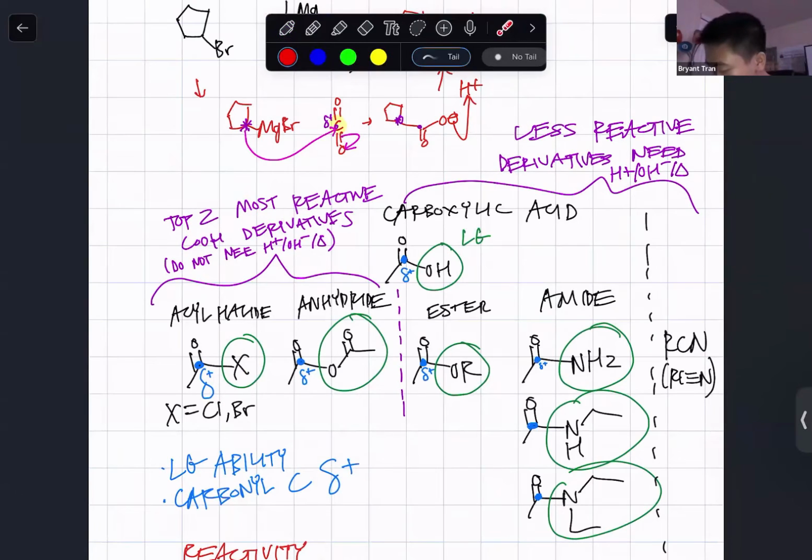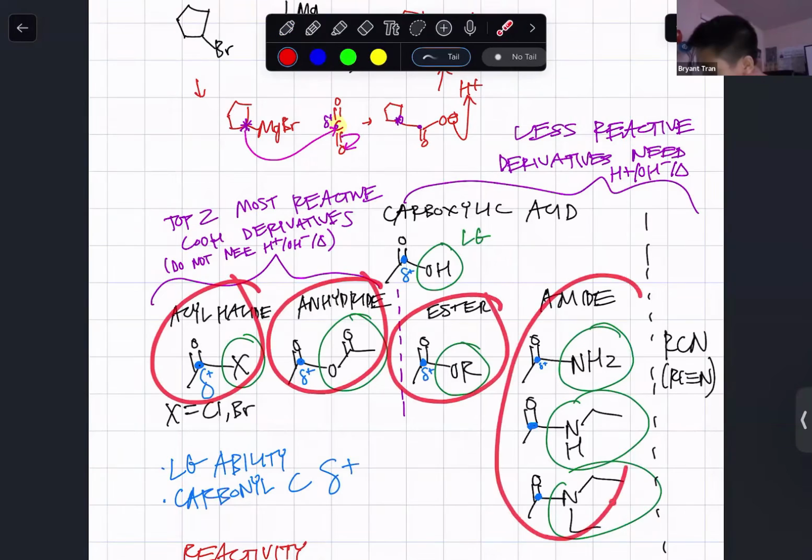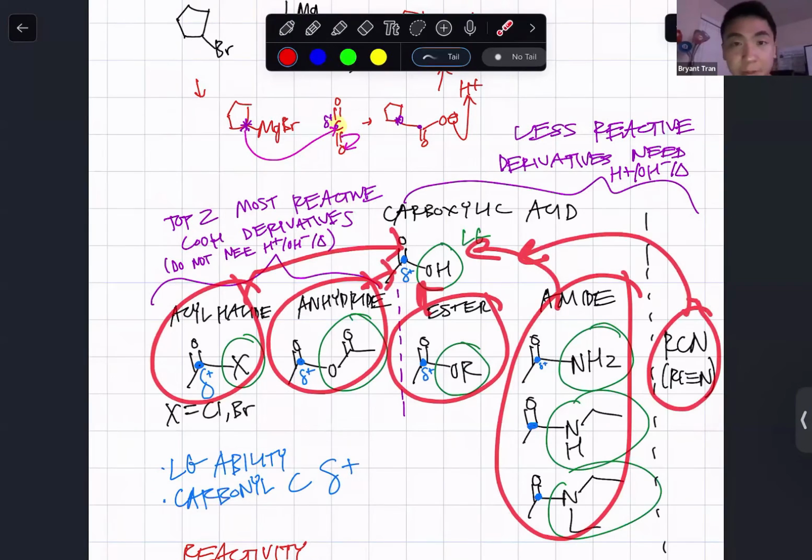Another important thing to know is that all of these carboxylic acid derivatives can convert back to the parent original functional group. And there's a very specific name of that reaction called hydrolysis. Right? So when you hear the word hydrolysis, that's a reaction that requires water. Right? And the anhydride and acyl halide